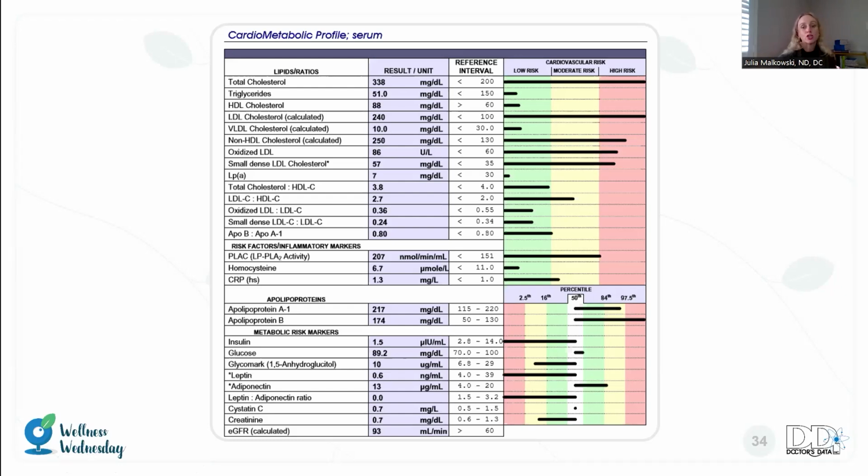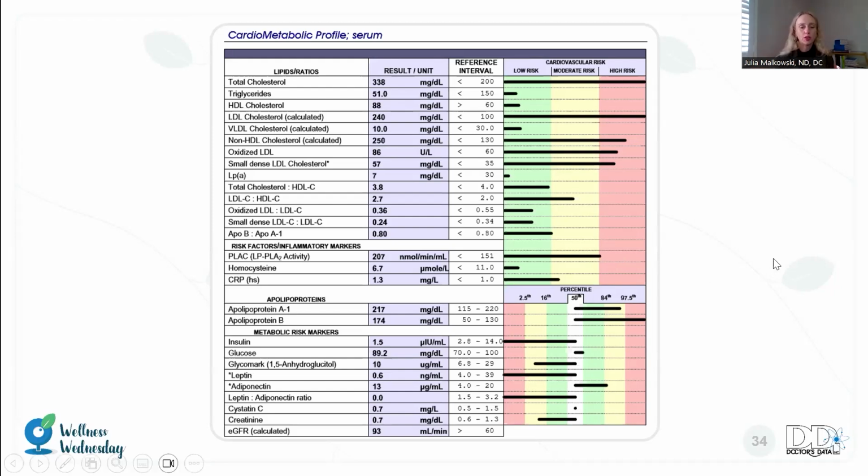And when we take a look at the plaque marker here, we can see that there is an enzymatic marker that is associated with atherosclerosis and risk. So we know that potentially those oxidized LDL are contributing to atherosclerosis. And this hsCRP is too high for this patient. Definitely something to pay attention to, because usually when people are doing a ketogenic diet, they want to decrease their inflammation. So we know that we still need to work on that.